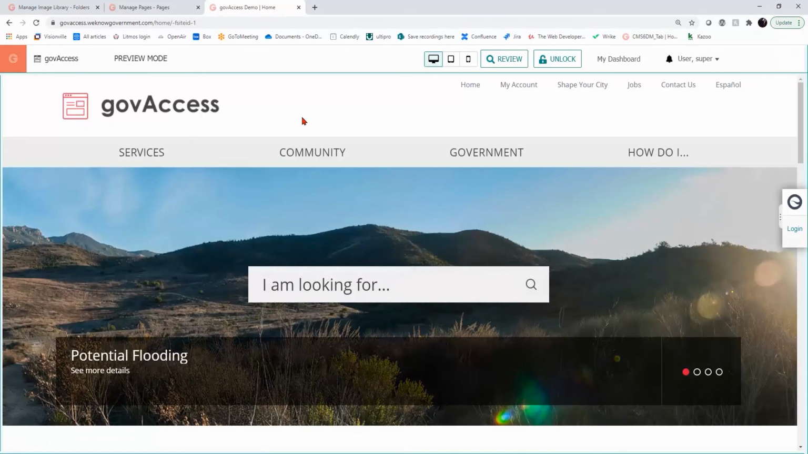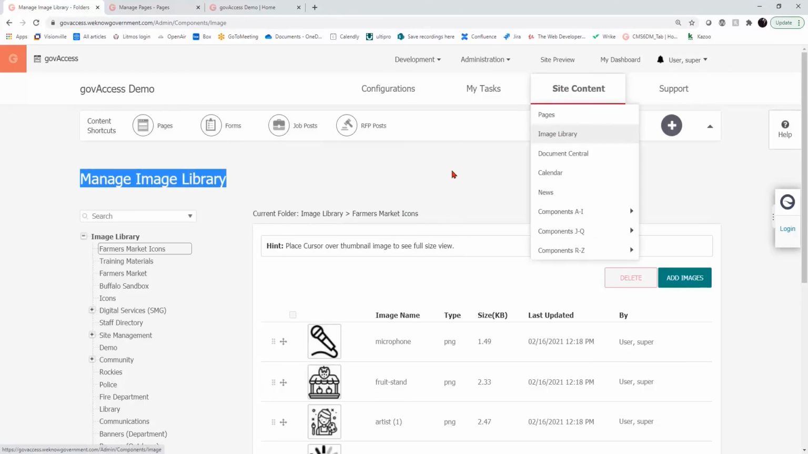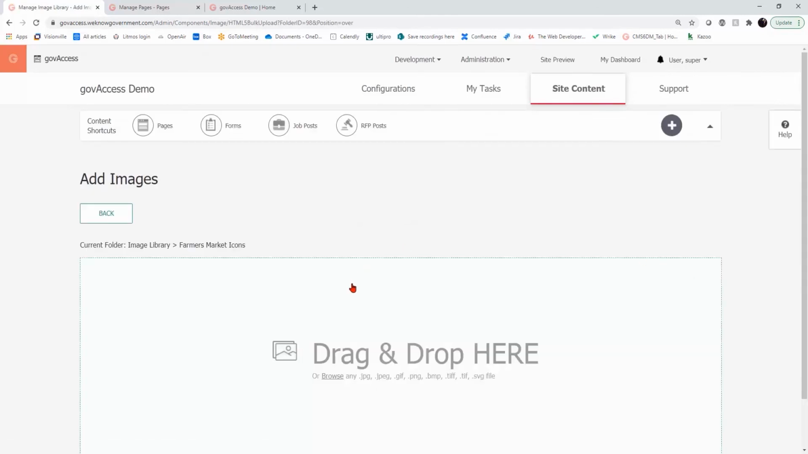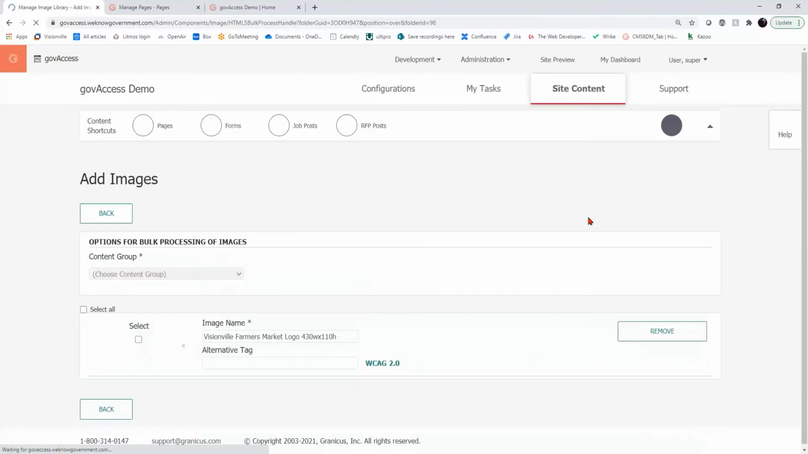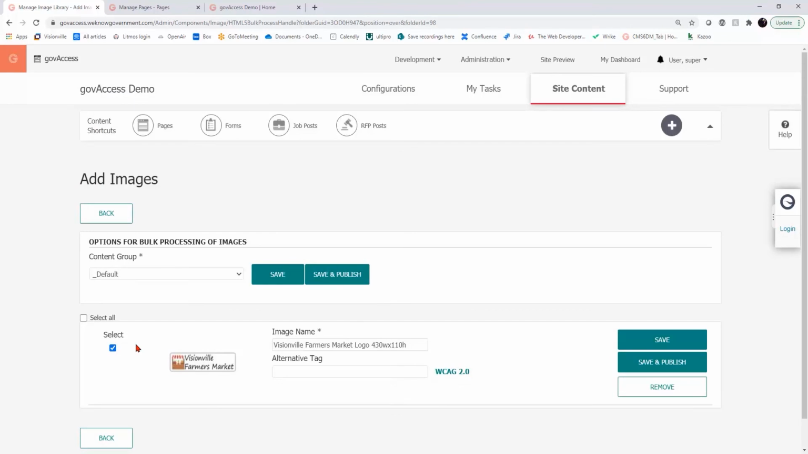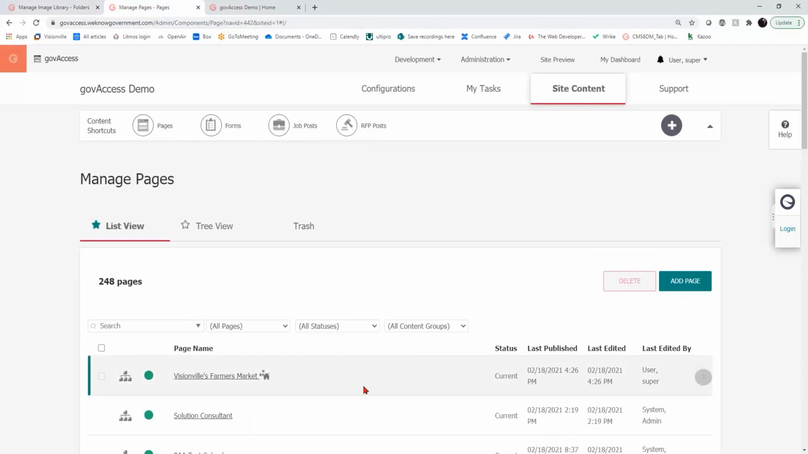So let's start at step 1. Let's go to your image library, find a folder that we're going to add our icon to, add our image. The image that I'm adding to replace the spot on my website is about 430 pixels wide by about 110 pixels tall. Just like that, I have a logo ready in my image library where I can then jump to the page,